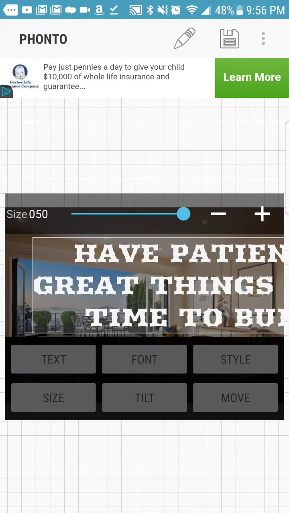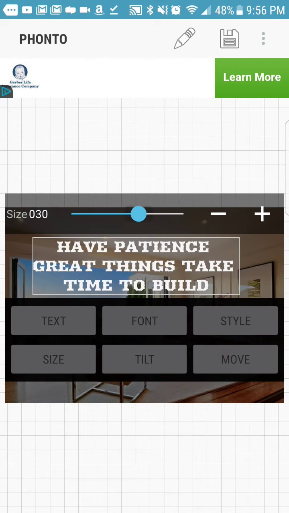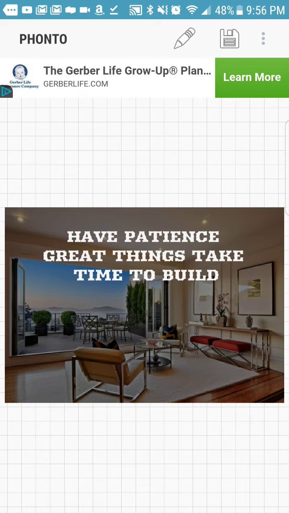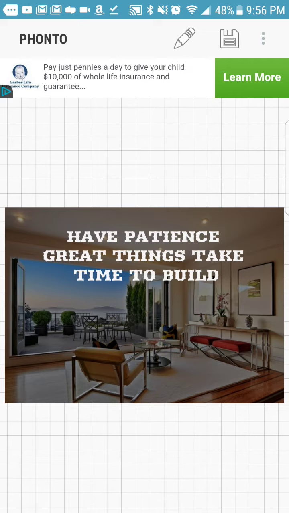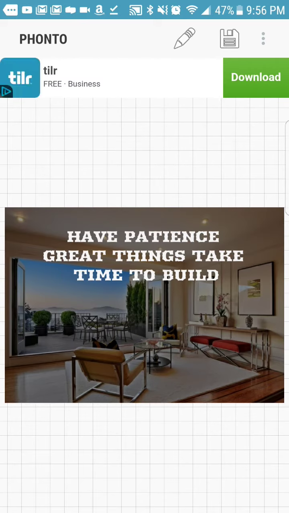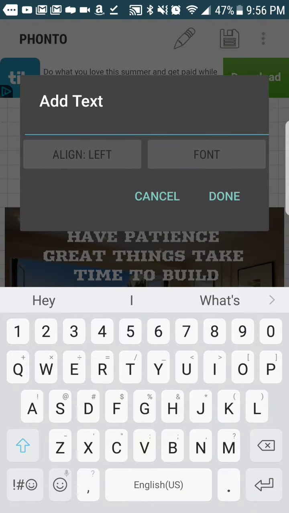And now you want to change the size, so you'll go to size, and I usually try to stick to like the 30 with my text. And as you can see the difference between the first time where I just put luxury life, and now I have, have patience. Great things take time to build. It's more crisp this way when you dim the background. So then I'll go back up, get my pencil again,